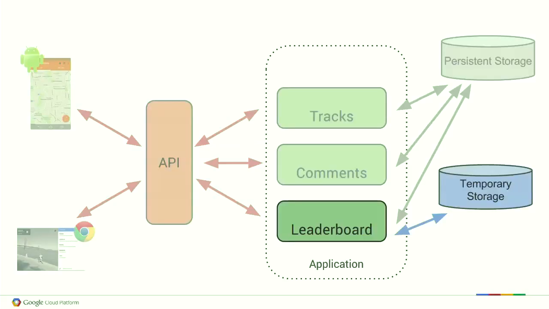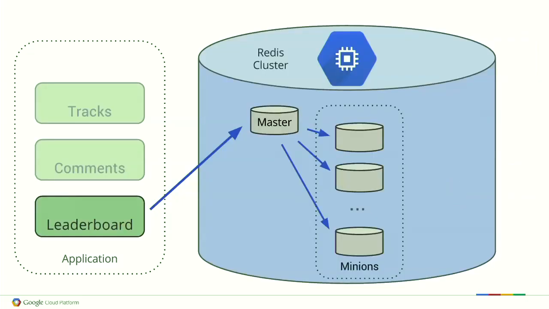So we've already established we want to run Redis. We've already established we want to run it on Compute Engine. So our leaderboard application is going to make use of temporary storage. And that kind of looks something like that, where we have Compute Engine with all the Redis deployment. Ultimately, you'll have an option in Compute Engine in the developer's console to deploy Redis clusters. Just click to deploy. At the moment, you have to do that configuration yourself, but you can use scripts and